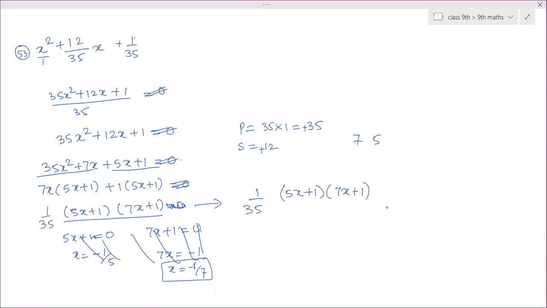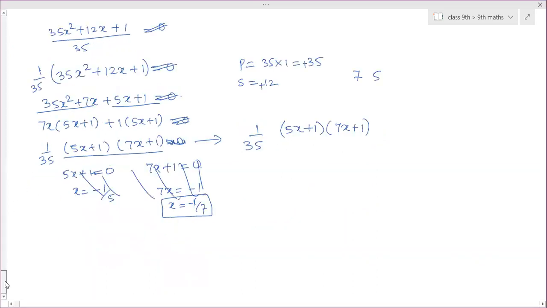Ma'am, where you have factorized the numerator, you have kept 1 by 35. Yeah, 1 by 35 keep as it is because the denominator is 35. So we have to place this as it is outside. So that won't become 0, that's it. You have only factorized, and class 10th has finding the values of x, finding the zeros of x. Zeros have to be calculated, so therefore I started calculating that. Okay.